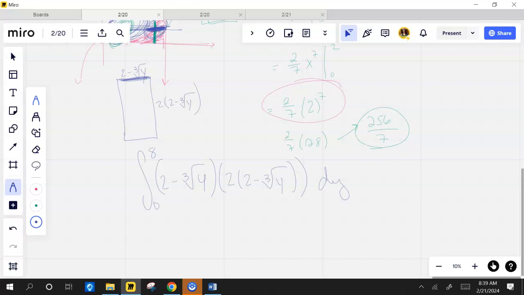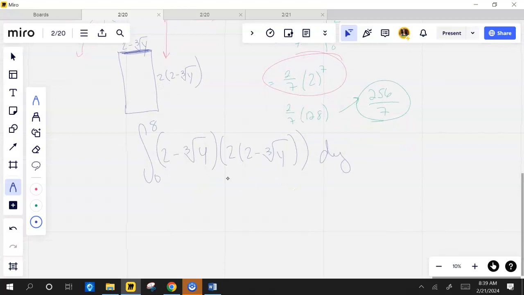No, that would be if I was adding them. What I could do, though, Madison, is write 2 times 2 minus cube root of y squared. Because I'm multiplying that. If this was plus, you're exactly right, I could do that. But I'm not, I'm multiplying. So it's this times this, and really I could put it like this. So I've got 2 of these, 2 minus